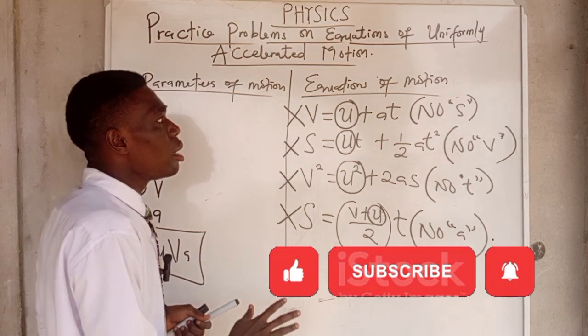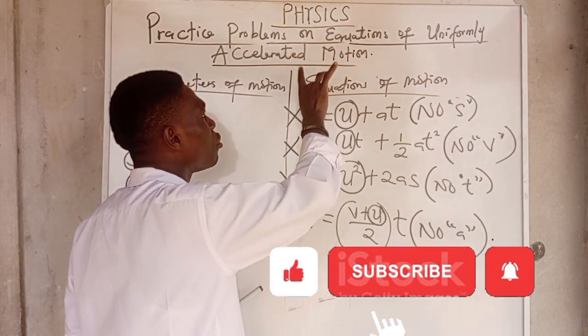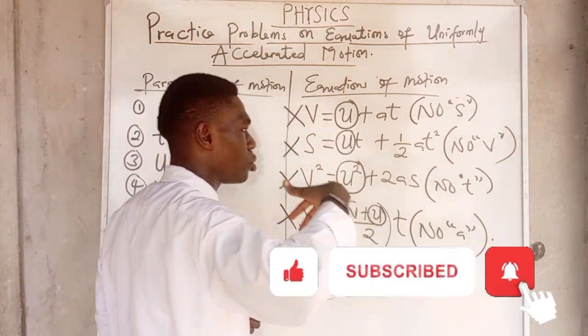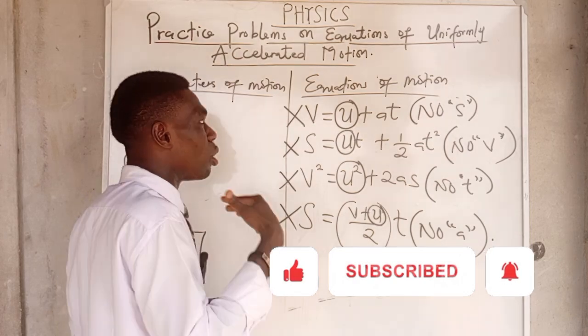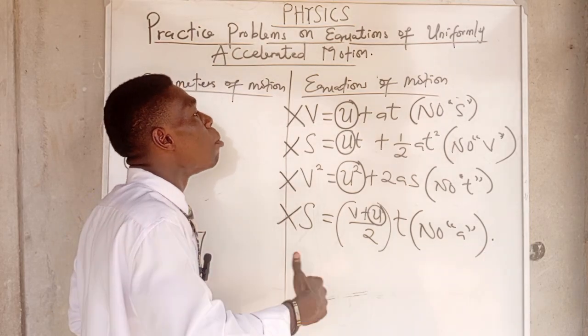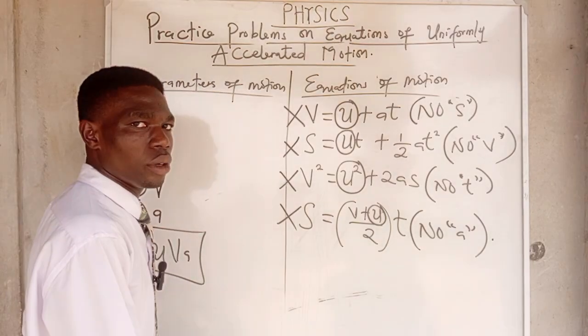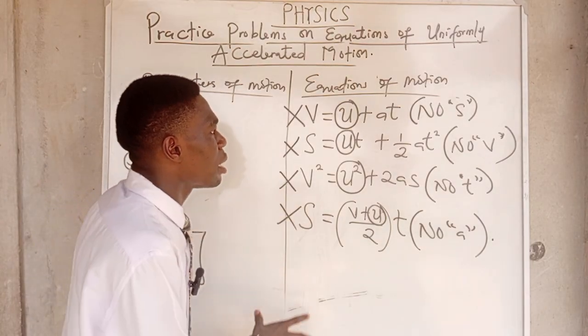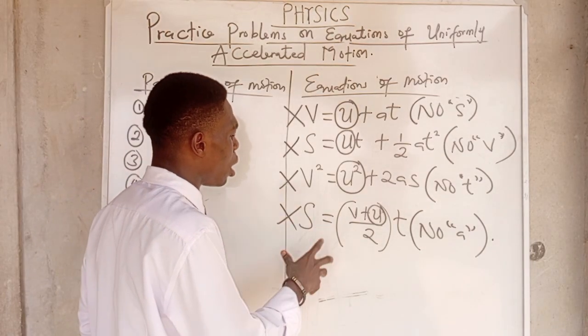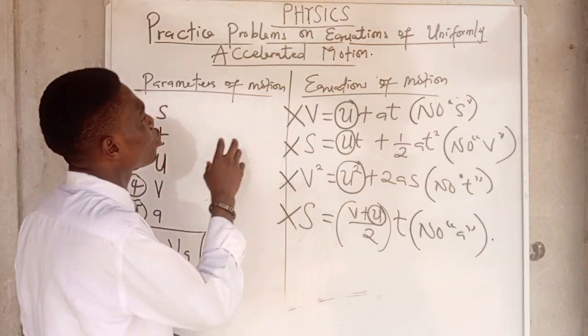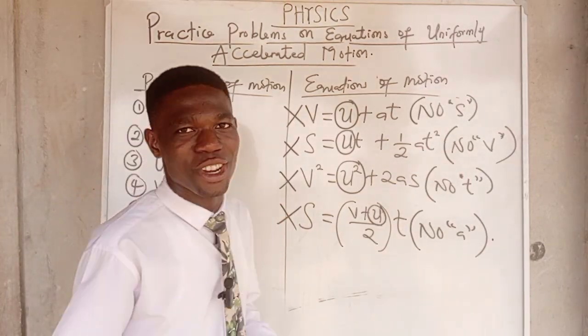Are we together now? Because we're looking at equations of uniformly accelerated motion, that object that is undergoing uniform acceleration must start its motion with an initial velocity. Are we following? So this is the first step that we need to make in solving problems on equations of